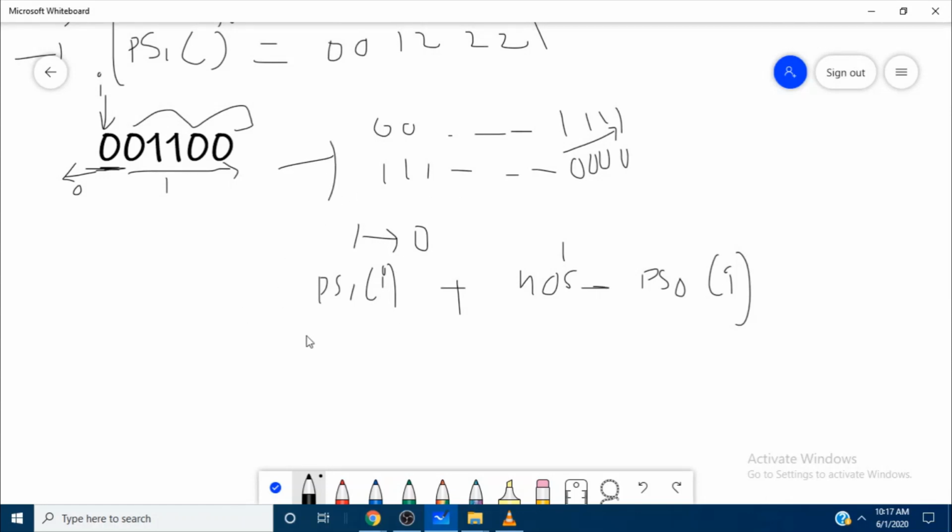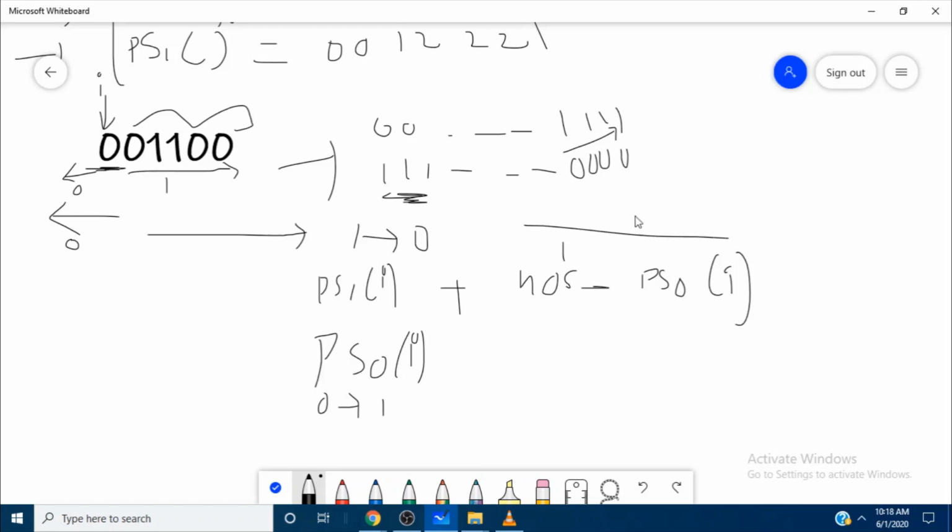Same for this. It will be of the form like this, prefix sum of zeros, which means until this I, how many zeros we need to convert to ones, and to the right, how many ones here, for this 0 to 1 and this 1 to 0.